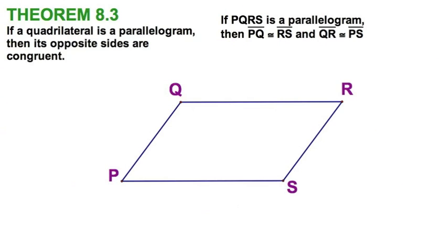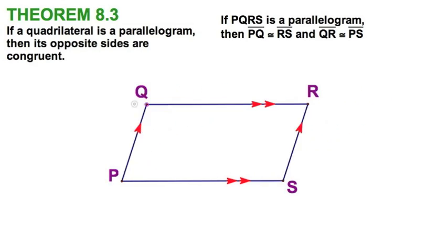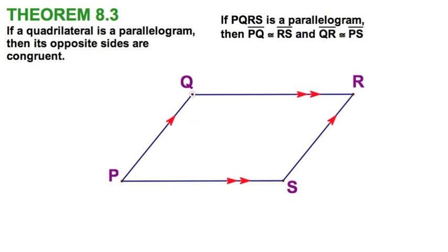Let's start here with the parallelograms. And, well, I'm going to put these marks on it. A parallelogram is a quadrilateral with two pairs of opposite sides parallel. That's the very definition. Now our first theorem, 8.3, is going to tell us that the opposite sides are congruent